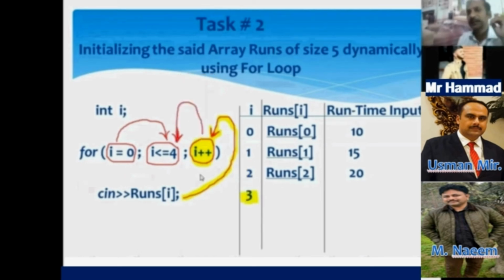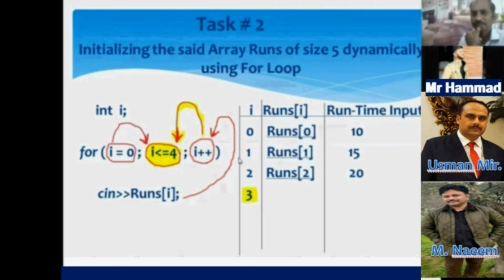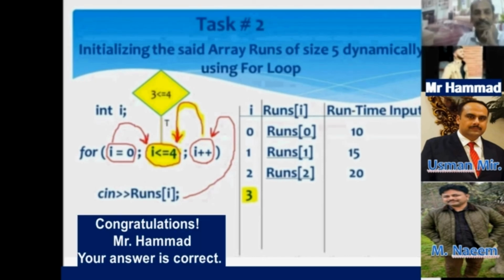All right. After the execution of the increment statement, the control of execution will be shifted to which statement? Sir, condition statement. All right. In the condition statement, right now, what is the current value of i? Sir, 3. If we place the current value of i, that one is 3, in the condition, what will the condition become? Sir, 3 less than or equal to 4. Okay, my dear. 3 less than or equal to 4. Now the question to you: is this condition true or false? Sir, true. Okay, thank you, correct answer.